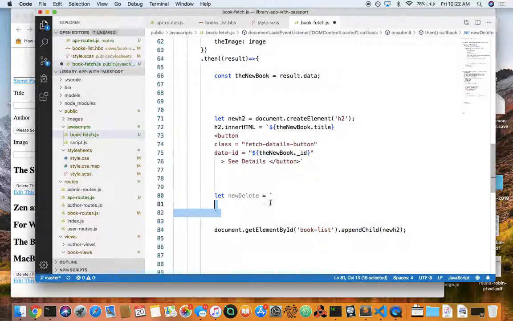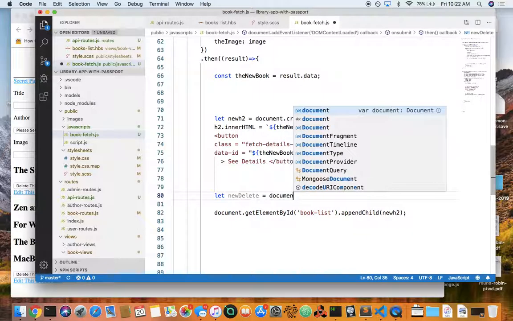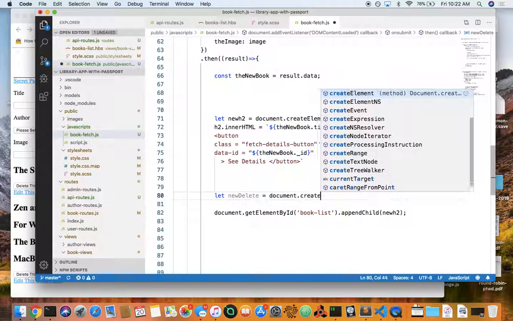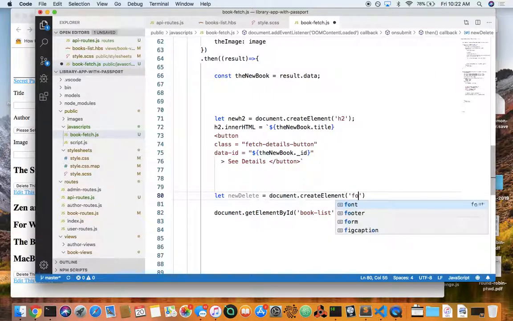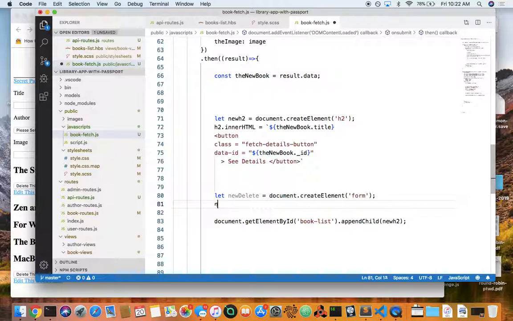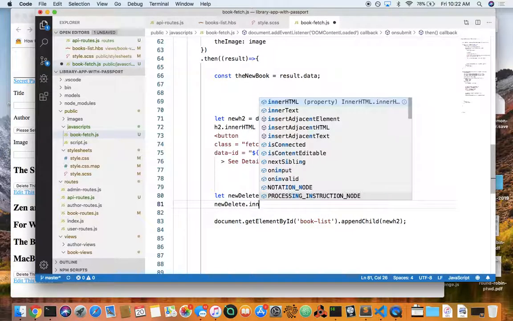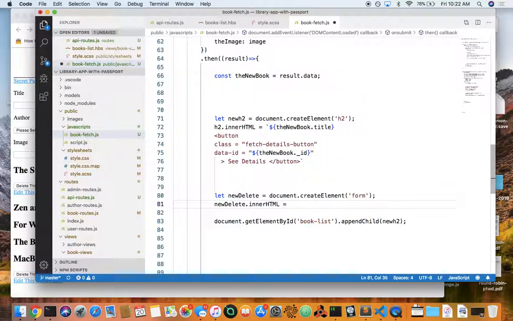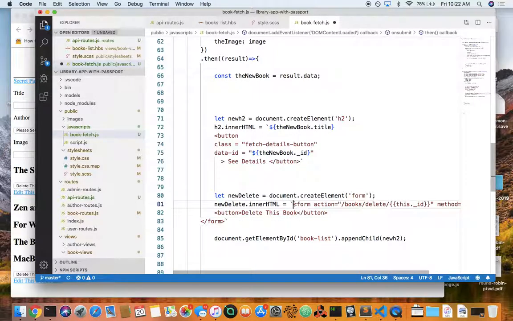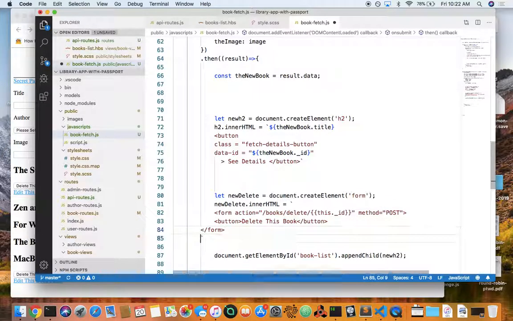Let new delete equal document dot create element parentheses form, and then new delete dot inner HTML equals this, but then we don't need the form tag in there because I already made it a form, so I don't need the form to be a